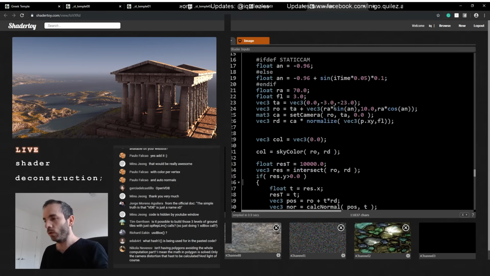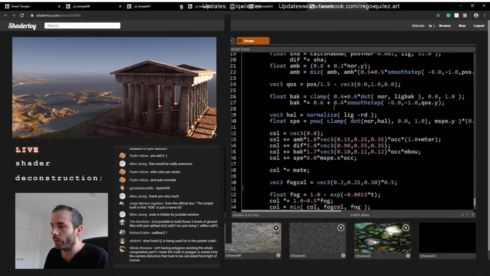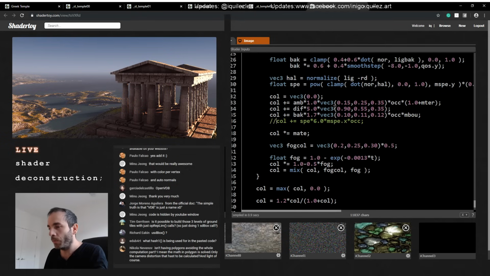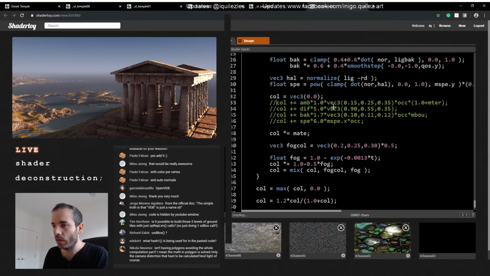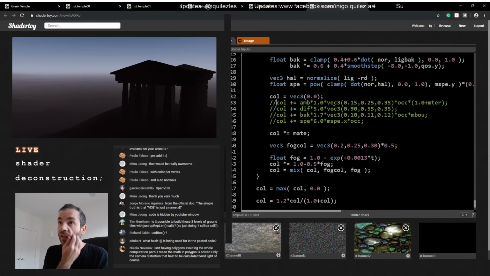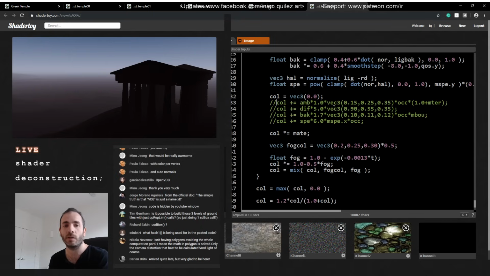Okay, you know what? Let me show you first all the lighting components one by one so we know what we are talking about. So let me remove all lighting. And lighting are equations again. In this case, unlike the modeling process that we went through, which was defining shapes through equations, which is very unconventional and different to how computer graphics is done normally, which is polygons, the equations we use for lighting are similar to the ones used in CG normally. They are not that different, at least not too different to how CG was done 5 to 10 years ago,